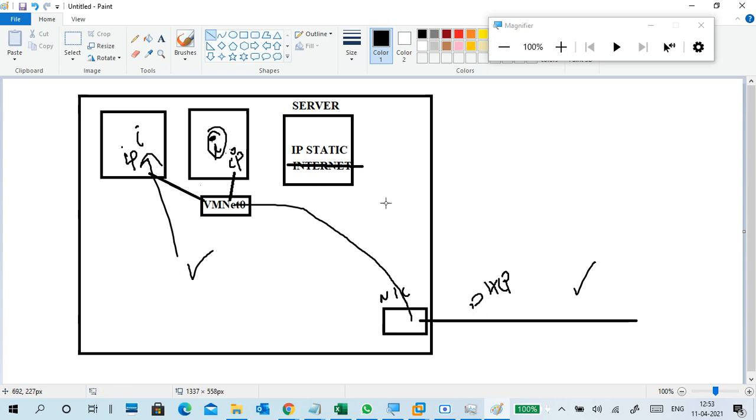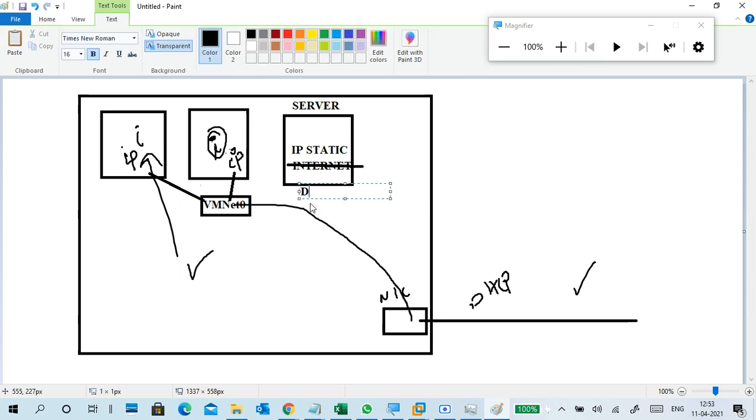Next, an external DHCP will come here, but we are going to do some practicals next time. In the server we are installing the DHCP service, then it becomes a DHCP server.